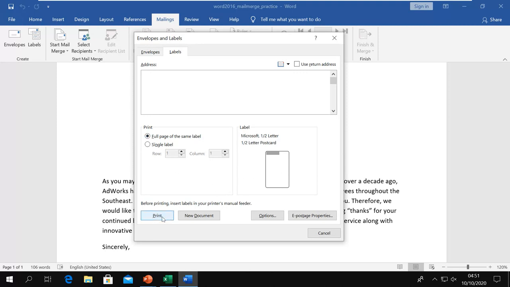The same option is here to print or even to add in the document. There is an option here to manage the size and other things of the postage. So whatever address you type here, it will appear on the paper as a label.